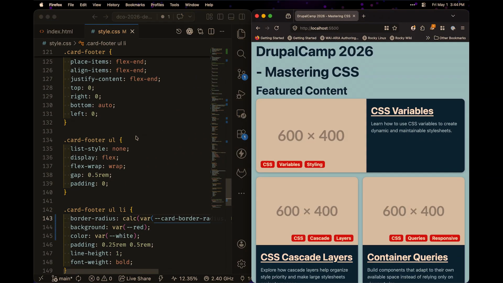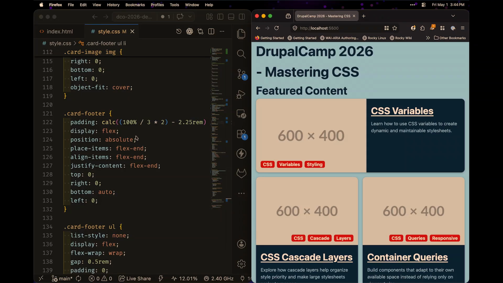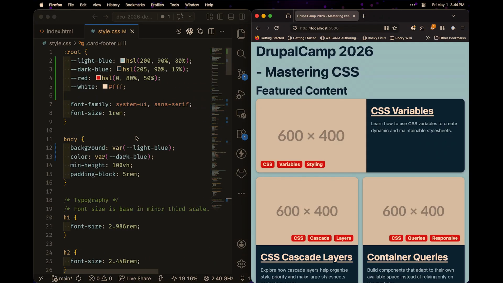But now it doesn't matter. If I come in and declare anywhere in this DOM before a card border radius is used, it doesn't matter the specificity, it works. So that's one more thing you can do with CSS variables. You can go overboard with that, and you can do something like,